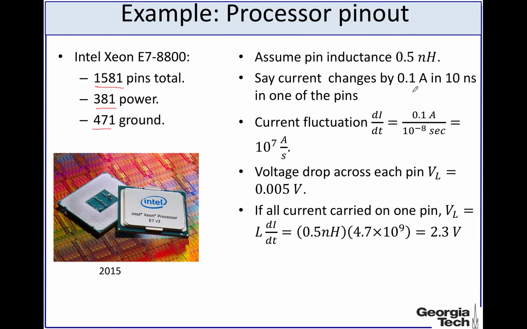Okay, so each pin has approximately an inductance of half a nanohenry, and say the current in each pin for some reason changed by 100 milliamps within a time period of 10 nanoseconds, meaning that at time t equals 0 the current was 0 through that ground pin, and at 10 nanoseconds the current rose to 0.1 amps or 100 milliamps. So the rate of change of current is 0.1 over 10 nanoseconds, which is 10^7 amperes per second. So the voltage drop due to the inductance of the pin V_L, which is equal to L di/dt,